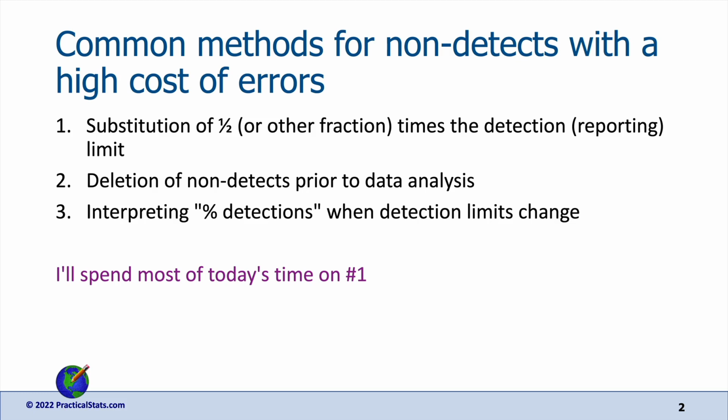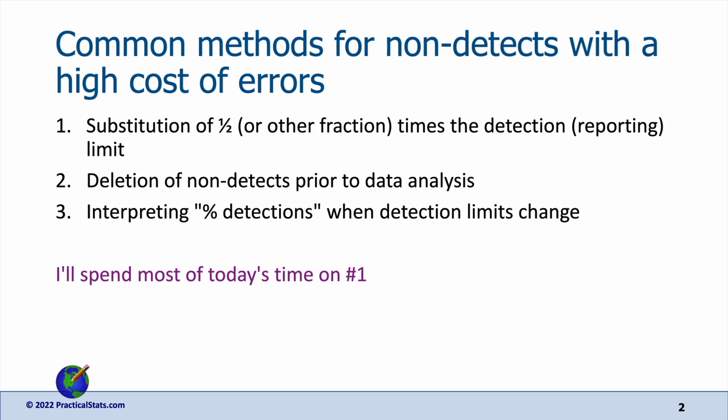So putting in something between 0 and 1, usually 0.5, 0.7 are common fractions used, times that limit for all data that are non-detects. I'll be spending most of the time today on substitution because it's most commonly used of